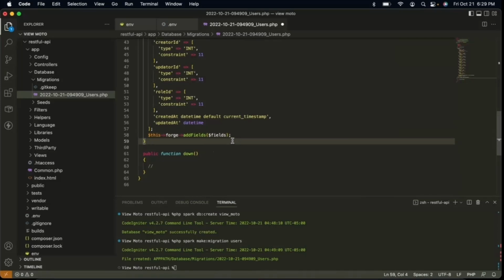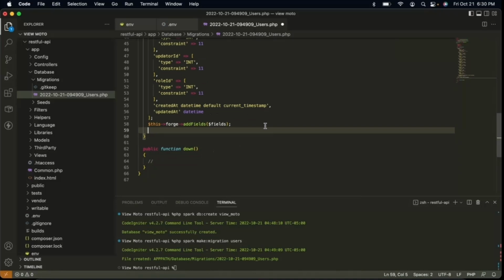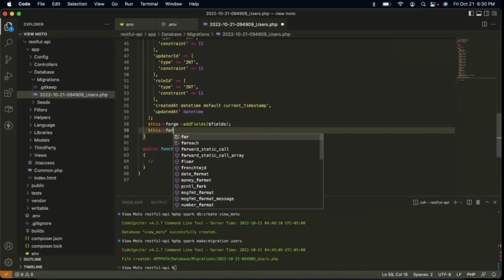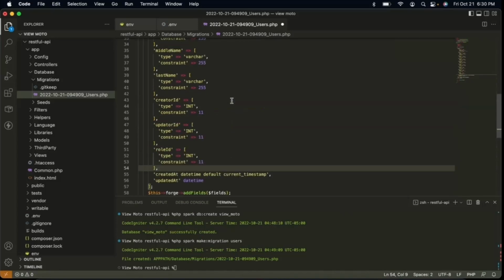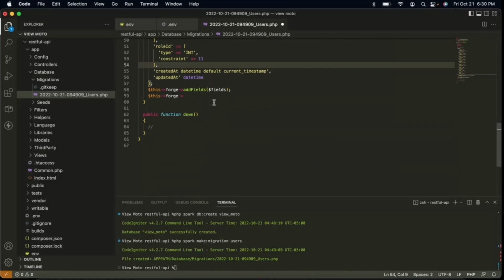After that, we are going to add our primary key. So this forge add key,